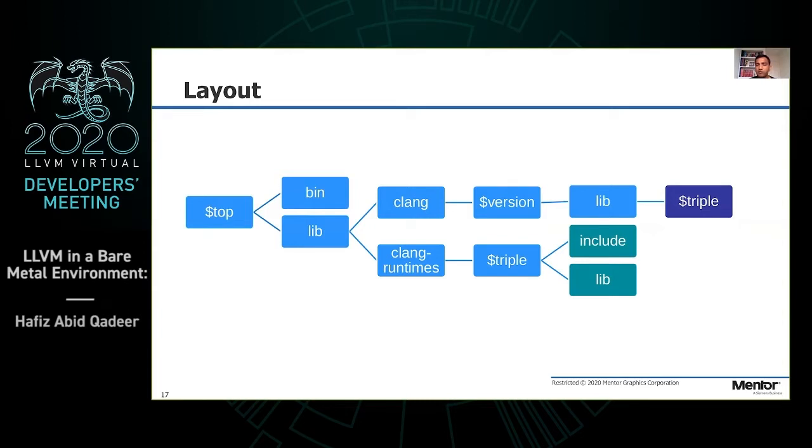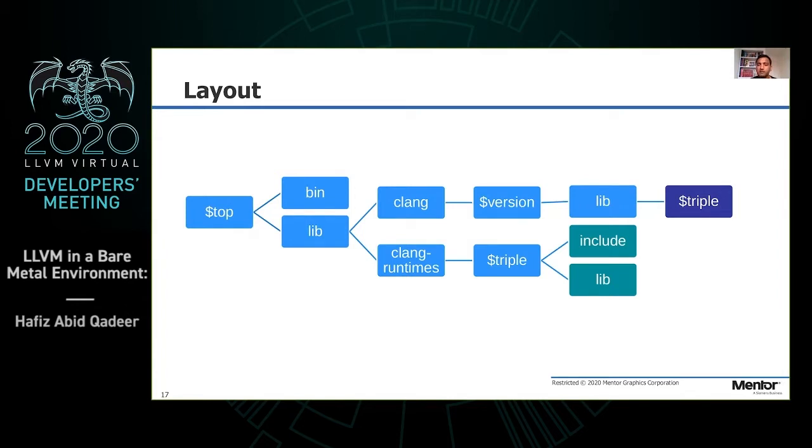For example, when we have different architectures and those different architectures have different multilibs, then all those multilib directories present in the bare metal will be a cause of confusion and probably even cause errors if the names clash. So it will be much better if we name the library directory after the target triple, so that the different multilib directories can go into their own proper triple-named directory. Similarly,